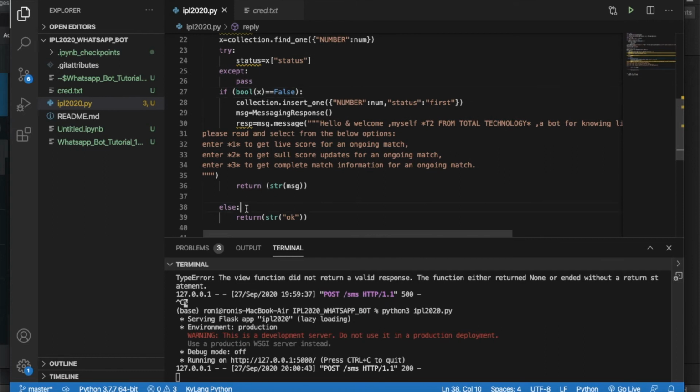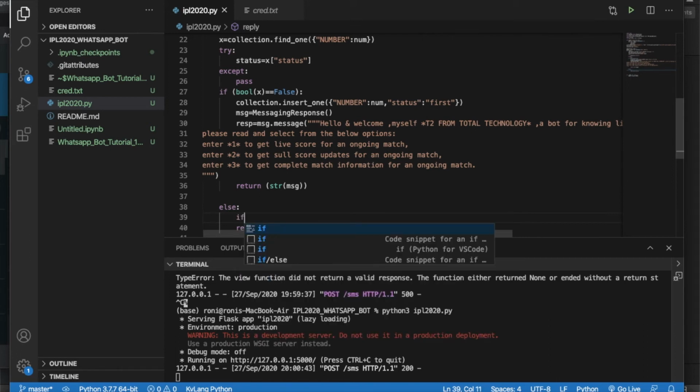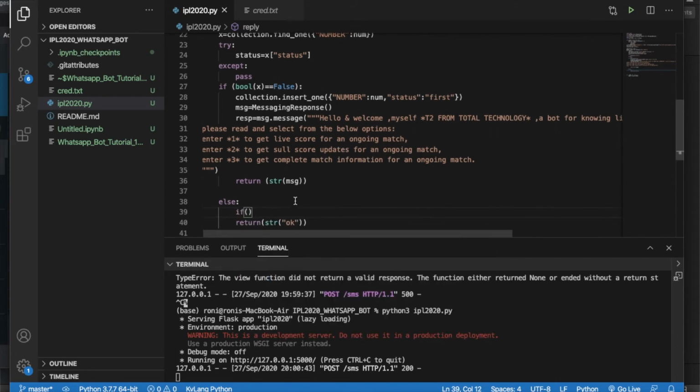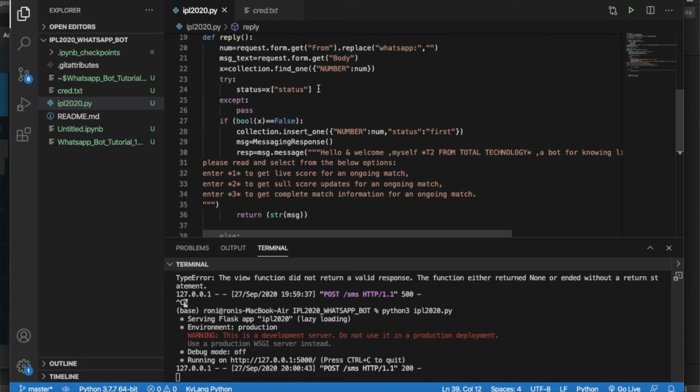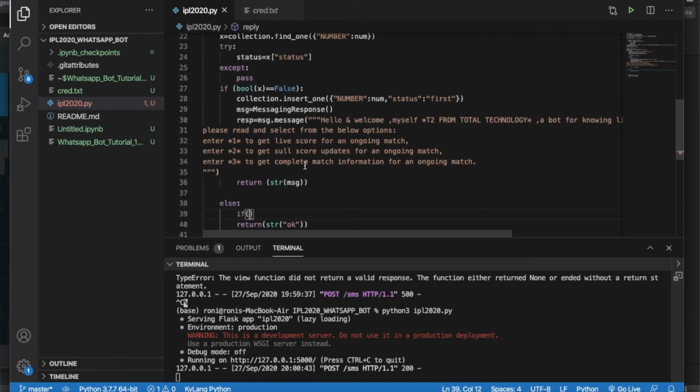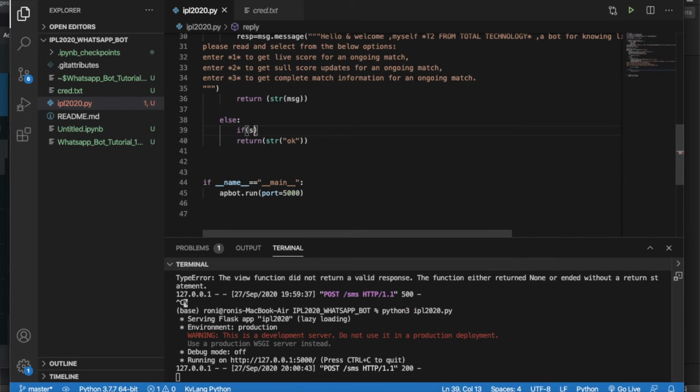So if else, and inside the else I have to write one statement called if. In the if I'll check the status, and status will come from here, right? In this variable I have the status, so I will check if status is equal to first or not.